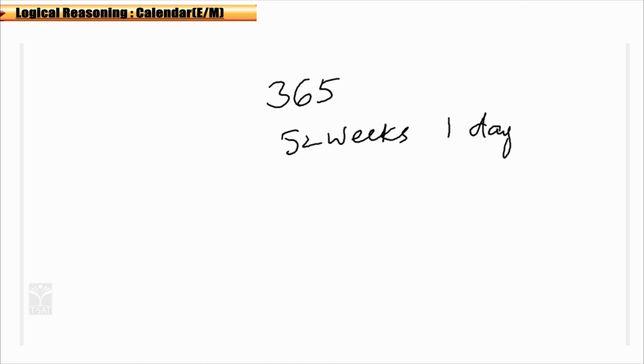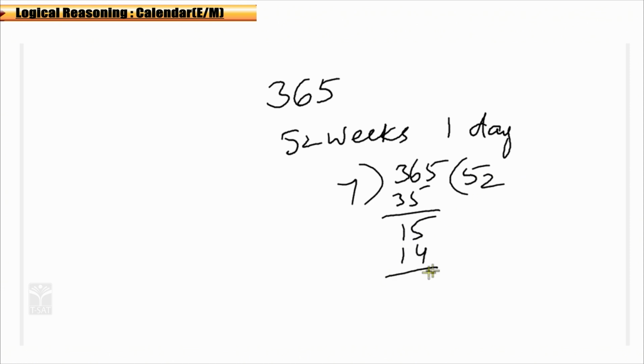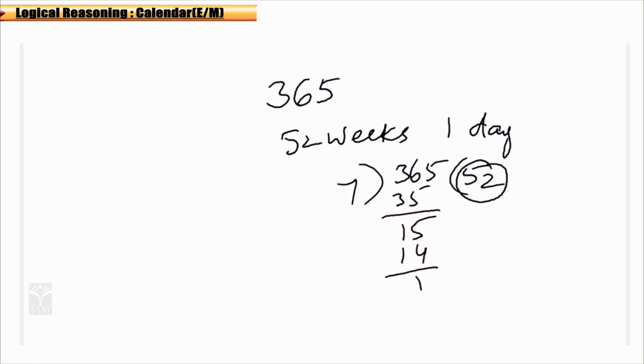Maybe you have a doubt. How do you get 52 weeks? This is very simple for mathematics people, but for non-mathematics people, just divide 365 days by 7. 7 5s are 35, 15, 7 2s are 14, 1 is the remainder, means 52 weeks and 1 day. Is it clear? So, a year has 365 days. Among these 365 days, we have 52 weeks and 1 day. Clear? Okay. So, we call this a normal year.